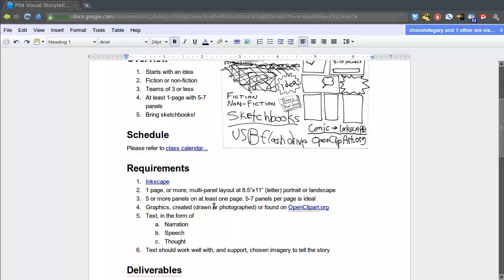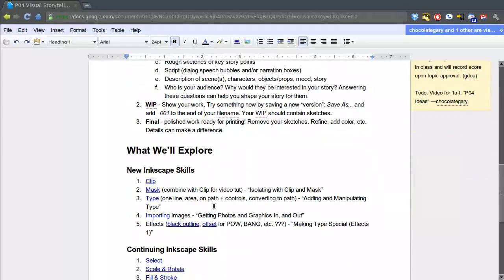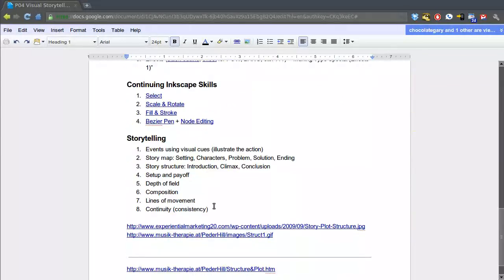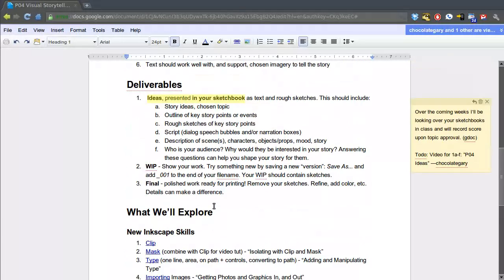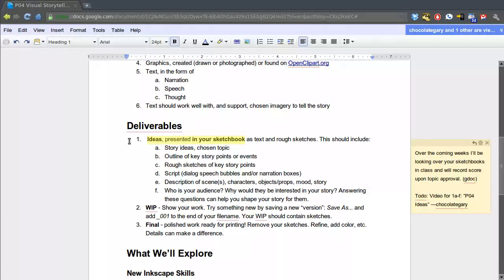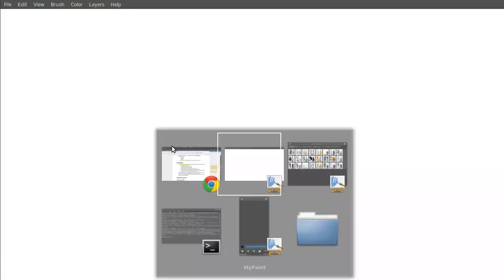What I want to do in this video is go through some of the storytelling bits, and the first section of the deliverables is the idea development. This is the kind of work that I want to see done in your sketchbook. So the first item here is come up with some story ideas and then choose a topic. So if I go to my sketchbook here,